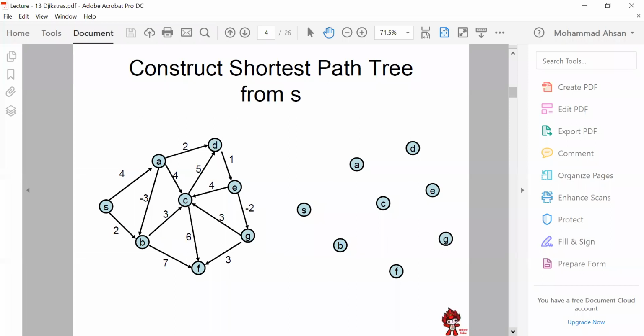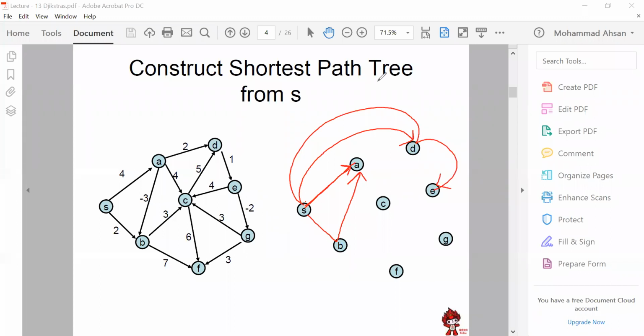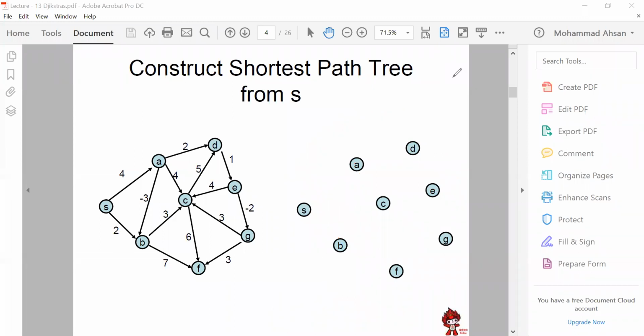So if you have a source, you have to construct the shortest path from the source to every vertex. Sometimes S to A can be the shortest path to A, or S to B to A can be the shortest path. Or S to D can be a direct shortest path, and then S to D to E can be the shortest path to E. So we have to find all these pairs. In this case, we have 7 vertices and one source, so we have to find 7 paths from S to all these vertices, and they can be the same or different. So Dijkstra's algo